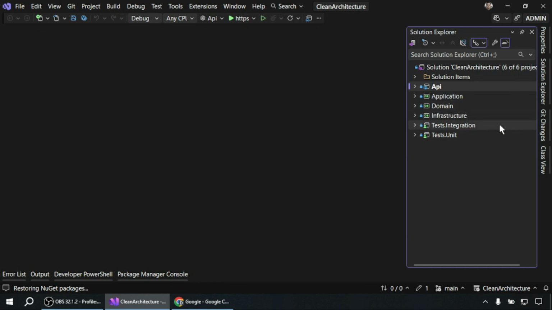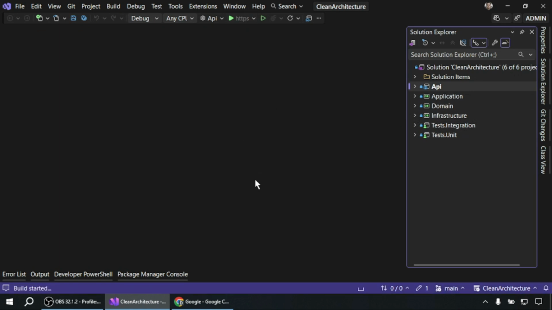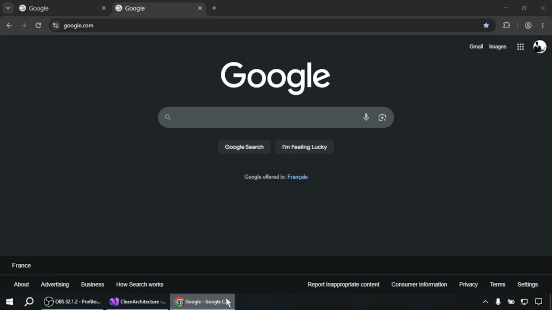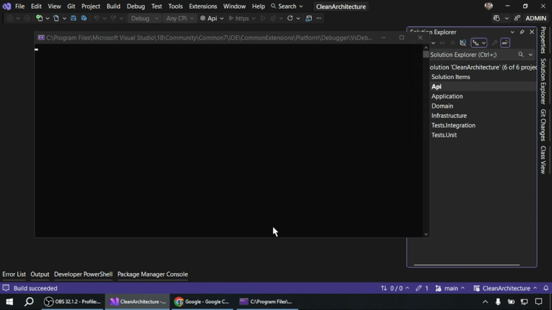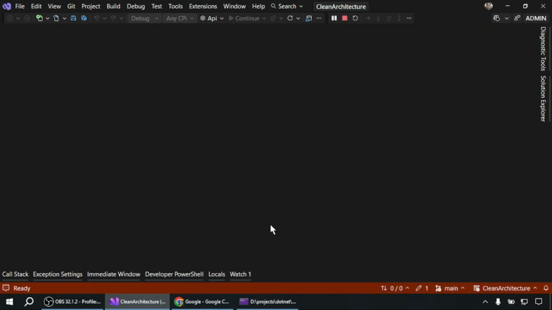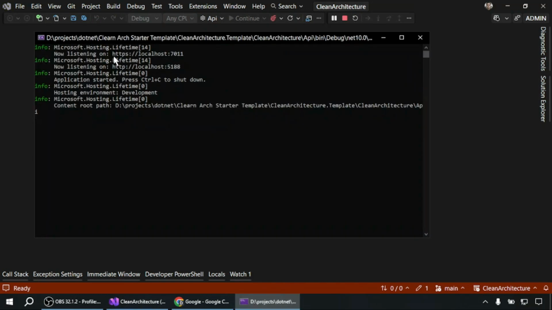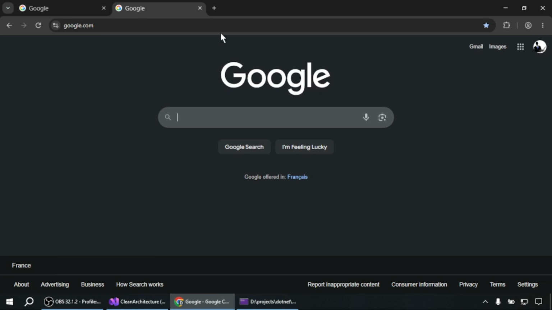Now let's see how clean architecture looks in a real project. We understood the theory and the four layers. Now let's open Visual Studio and see how those concepts translate into an actual ASP.NET Core application. For this tutorial, I have created a clean architecture template using a simple product model. I chose a product because it's easy to understand, allowing us to focus on architecture rather than complex business logic. At a glance, you will notice